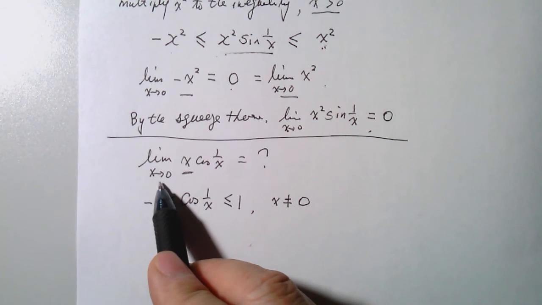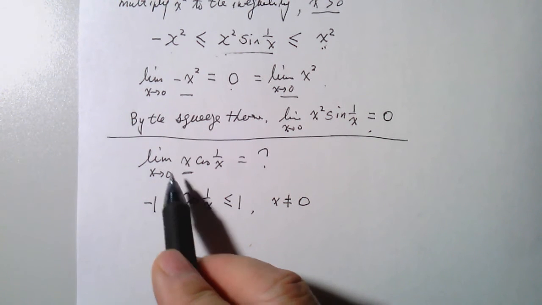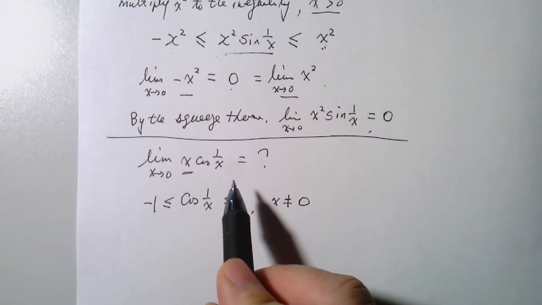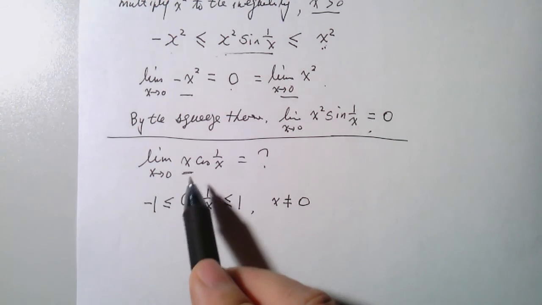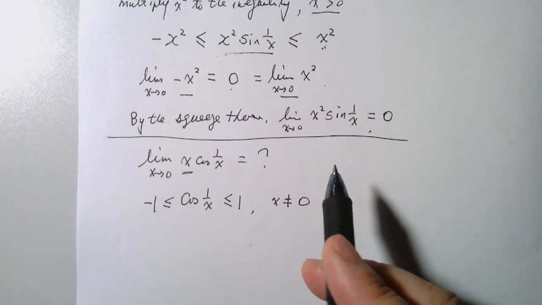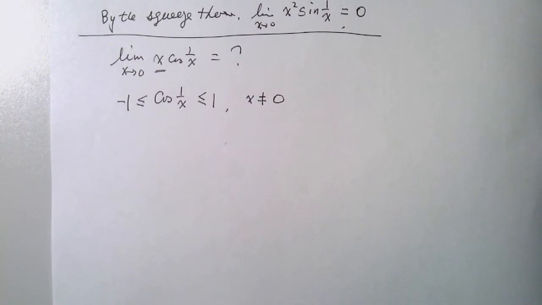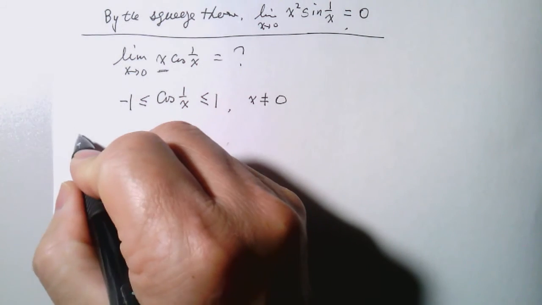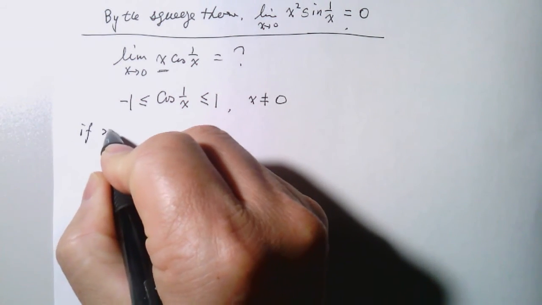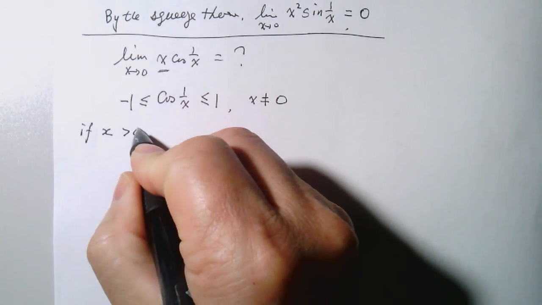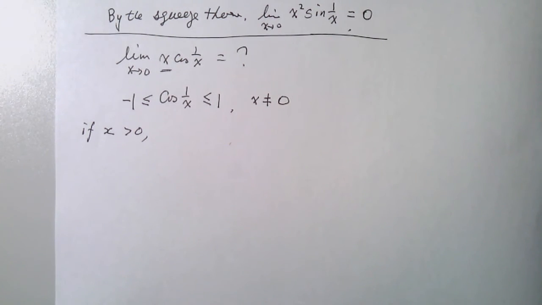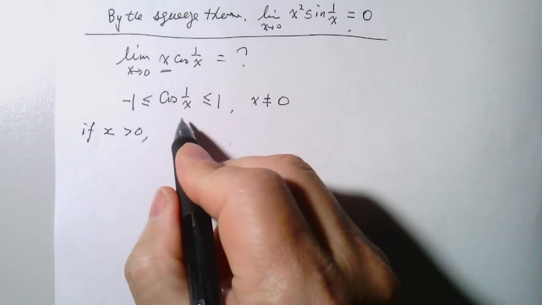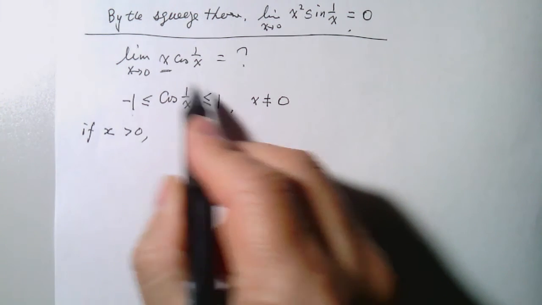Remember, x approaches 0 means x can approach 0 from the left side of 0, which is a negative number, or the right side of 0, which is a positive number. So now I have to consider this separately. So here I want to say, if x is greater than 0,